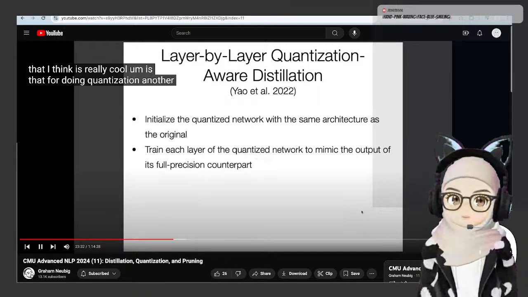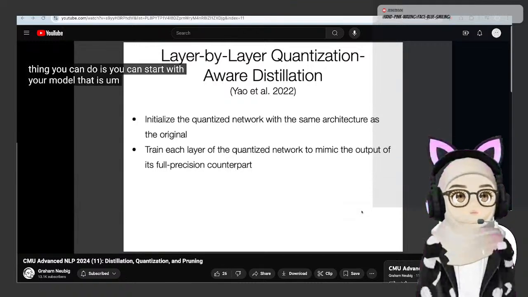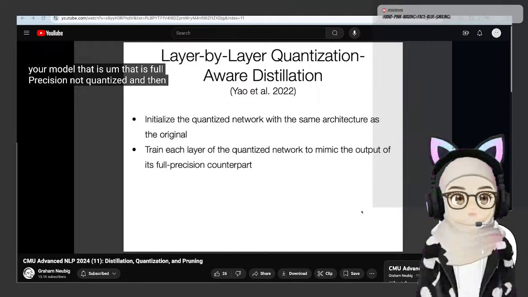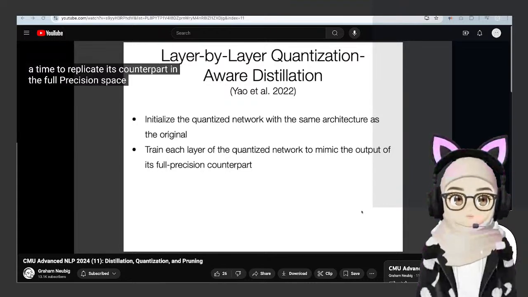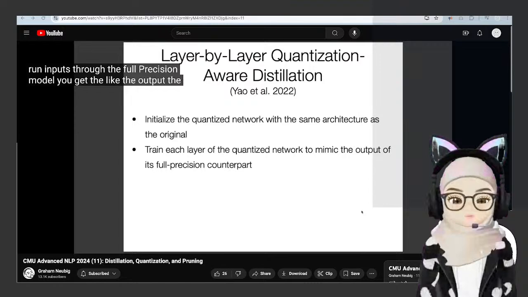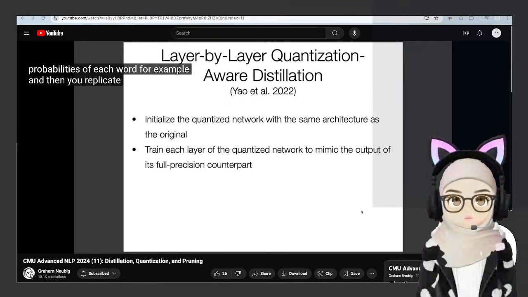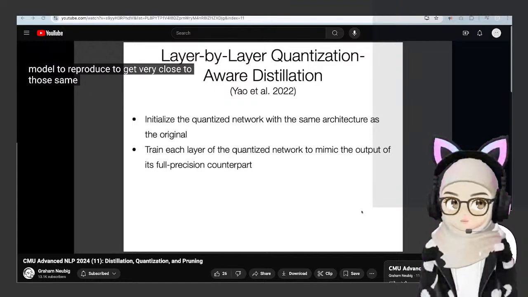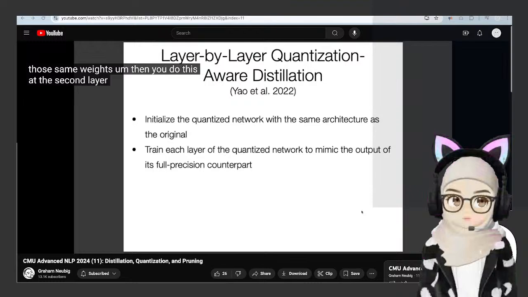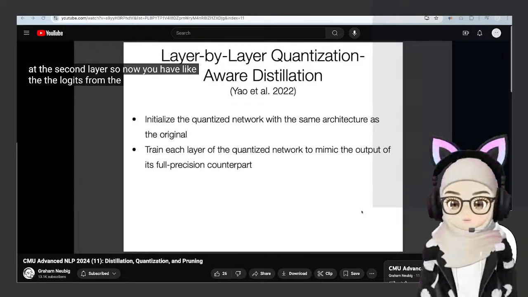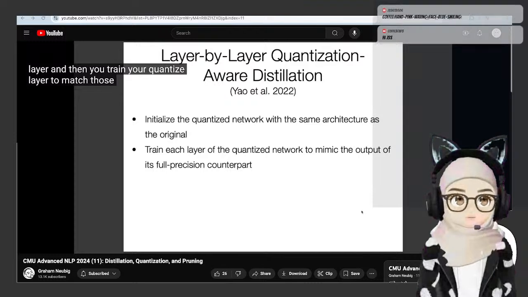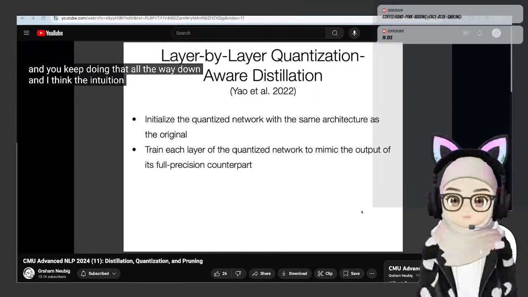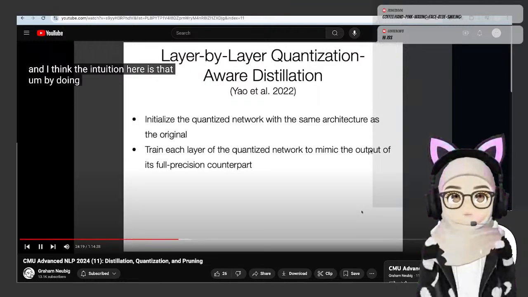For doing quantization, another thing you can do is start with your model that is full precision, not quantized. And then you can train each layer, one layer at a time, to replicate its counterpart in the full precision space. So you can run inputs through the full precision model and get the output, the probabilities of each word, for example. And then you train your quantized model to get very close to those same outputs. And then you do this at the second layer. So now you have the hidden states from the second to last layer, and you train your quantized layer to match those hidden states, and you keep doing that all the way down. And I think the intuition here is that by doing a layer